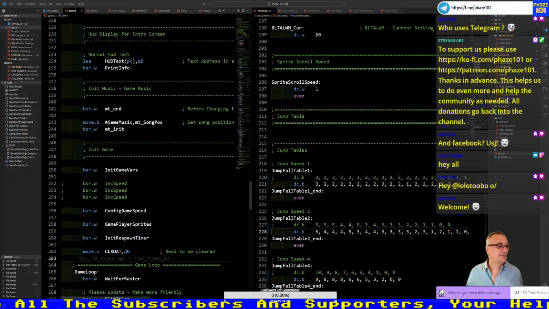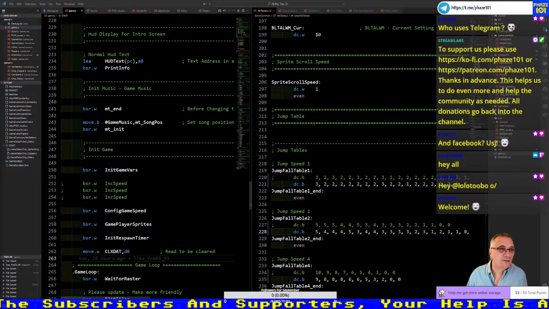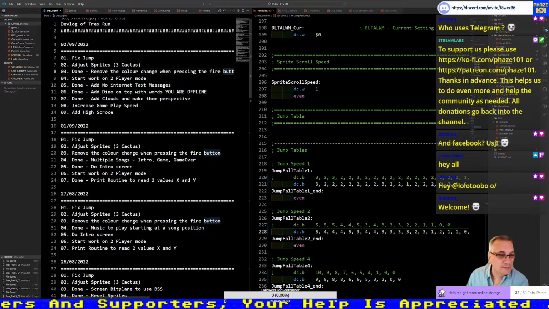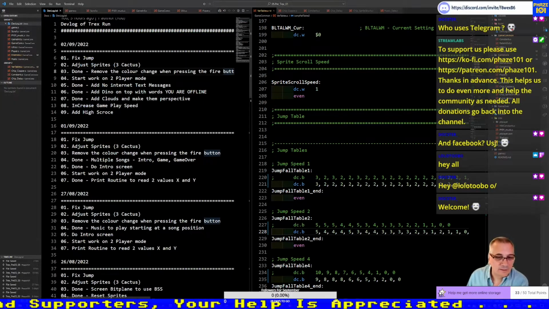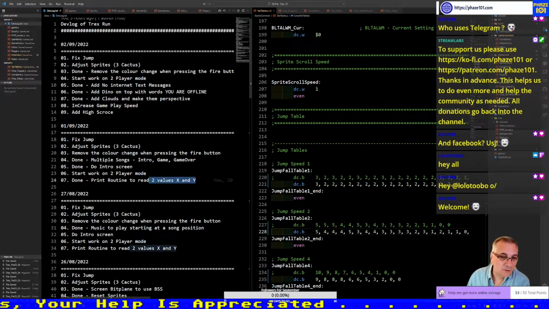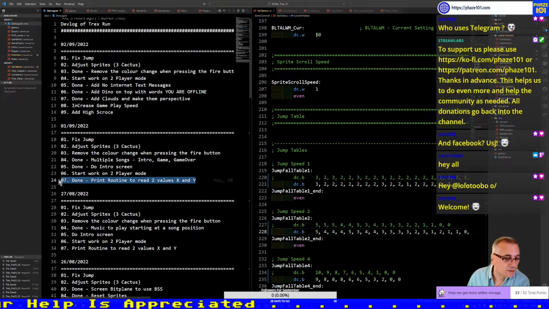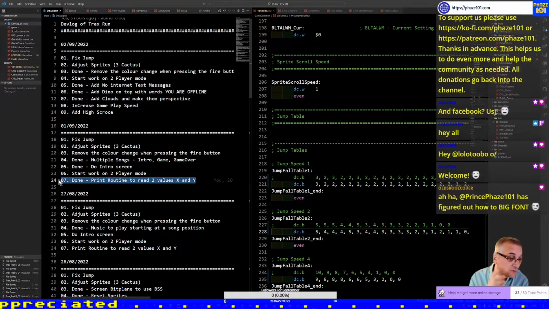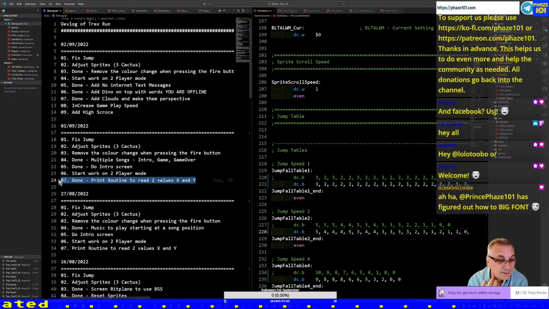So, guys, I can tell you that last night and today after work, I did quite a number of things. Now I modified the routine that prints to the screen. This was overdue even from the previous game. That can do the X and Y now. This was really annoying me.